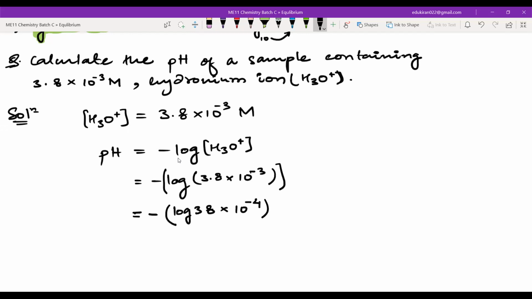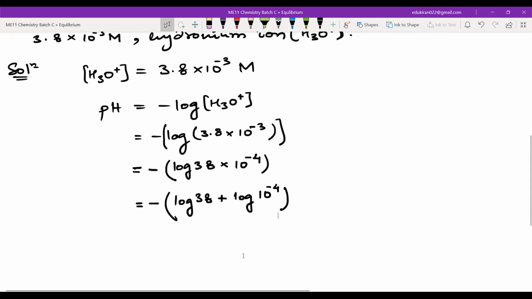Okay. So first of all, either you should have a whole number as a log or powers of 10. Then only you will be able to solve it. Then I can write this as minus log of 38 plus log of 10 to the power minus 4. Any problem till here, guys? Tell me. No problem? Okay. Now you can write this as minus log of 38. Then this minus 4 will come above and it will become 4 into log of 10. Yes or no?